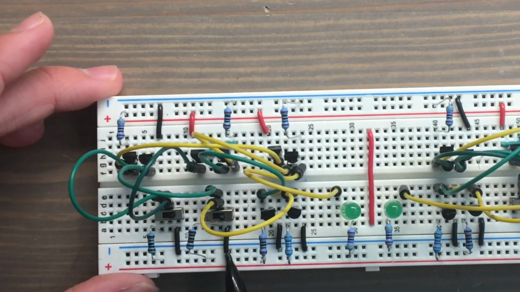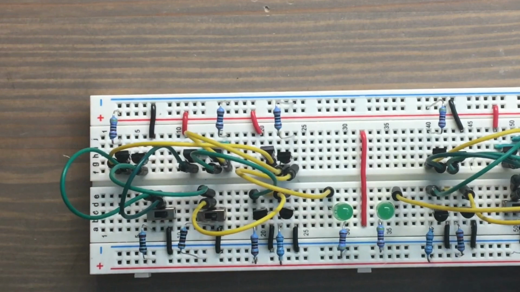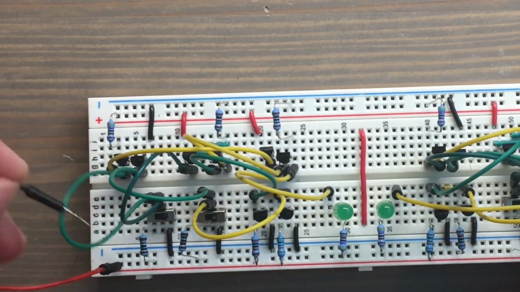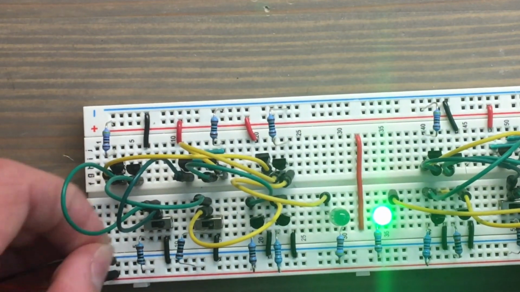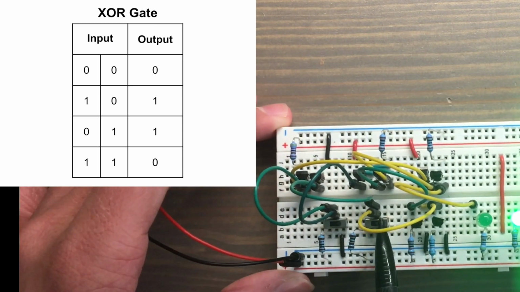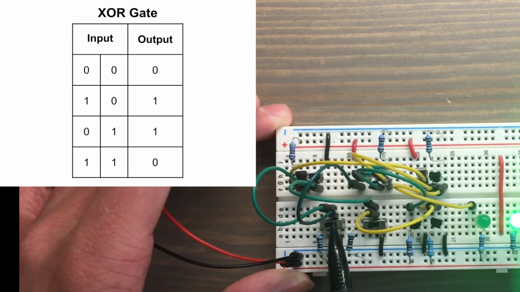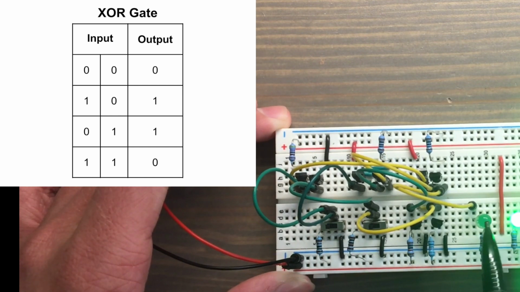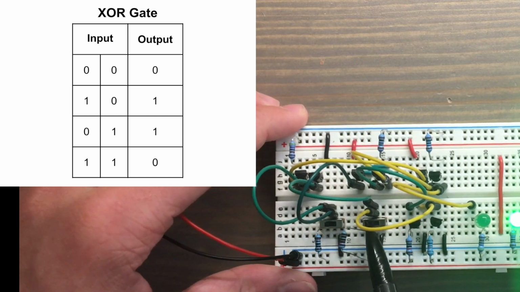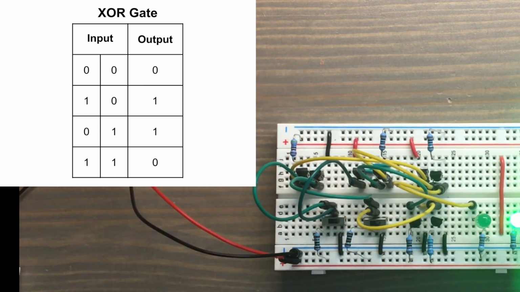Okay, our final set of gates are the XOR gate and the XNOR gate. And what that stands for is exclusive OR and exclusive NOR gate. And what the exclusive means is that if we have both of the inputs on, like we do here, the XOR gate will be off, where in this situation the OR gate would be on. So basically it's removing the AND portion of an OR gate. And because of that,